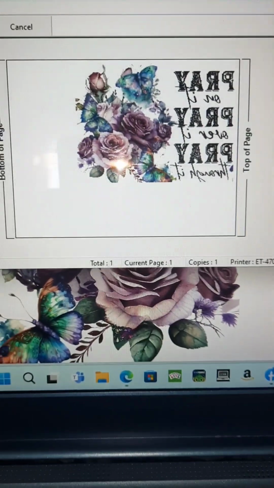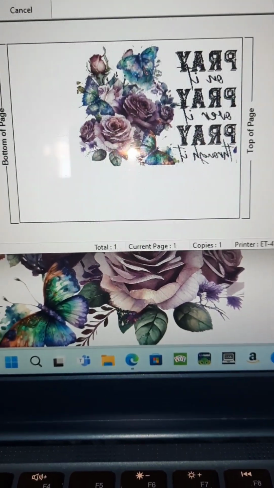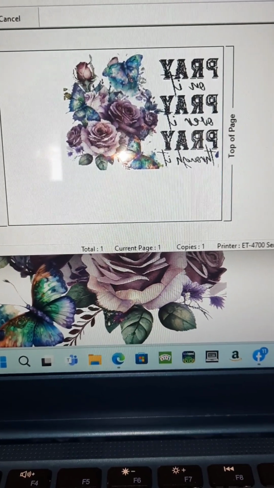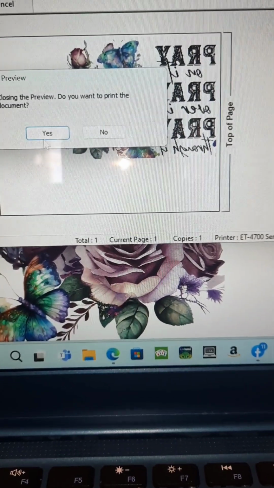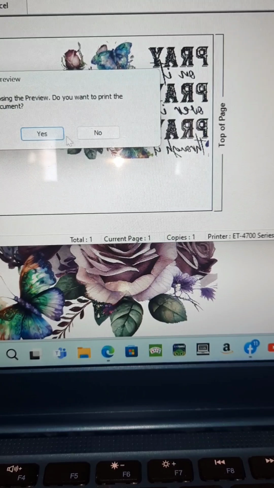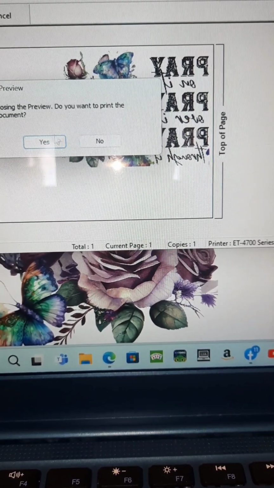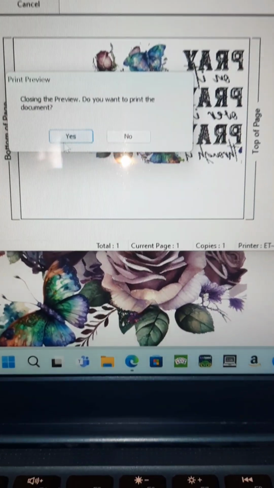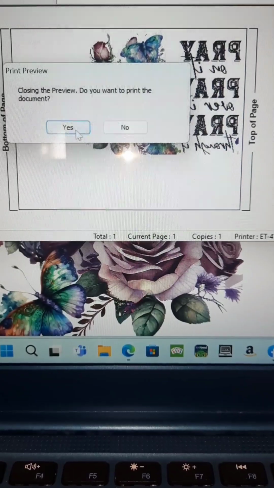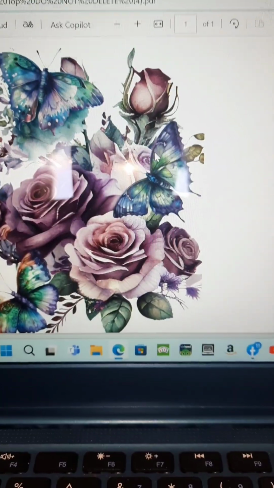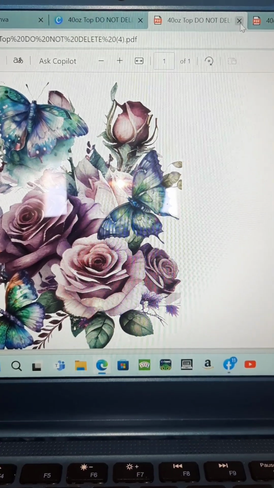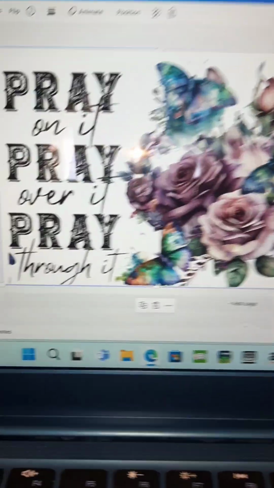Now what would happen is you would print both of these out. I'm not going to, because I don't need to. Maybe later I will show you how to finish that up. I don't have time to do it today. I have stuff going on. But I will tell you, once you get those printed out, print them both out, leave